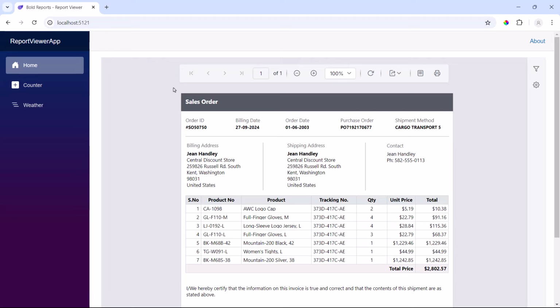successfully rendered. In this video, I have walked you through the process of adding the report viewer control to a